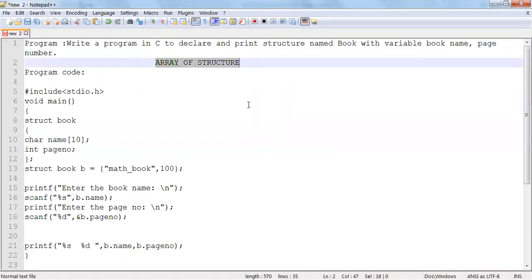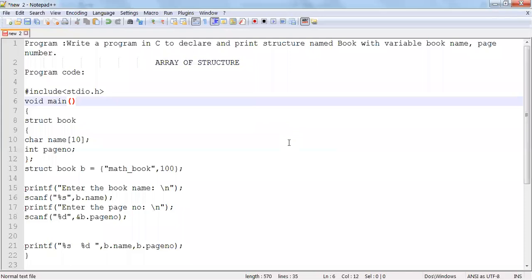So we have gone through array. We have gone through structure. What is the concept of structure? What is the difference between array and structure? How is structure implemented? How have we created a variable of structure? How have we implemented the concept of structure using call by value and also call by reference, that is using pointer? We have done this with an example also.